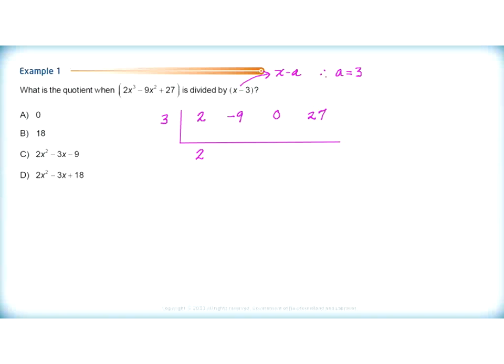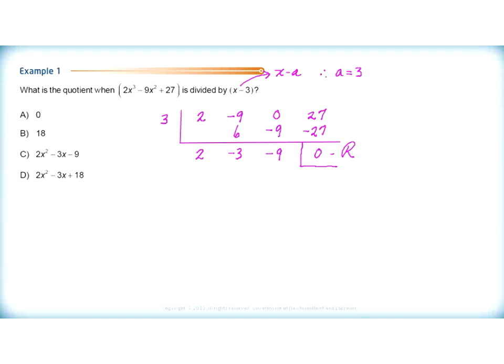2 multiplied by 3 equals 6. The sum of your second column is a negative 3. Multiplying that by a positive 3, the product is a negative 9. The sum of the third column is a negative 9. When you multiply that by 3, the product is a negative 27, and the sum is equal to 0, which